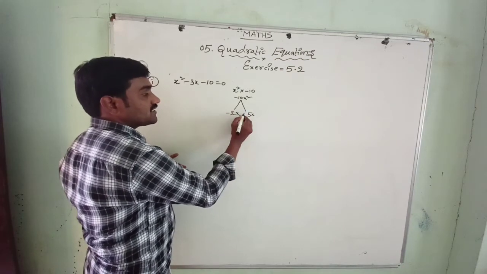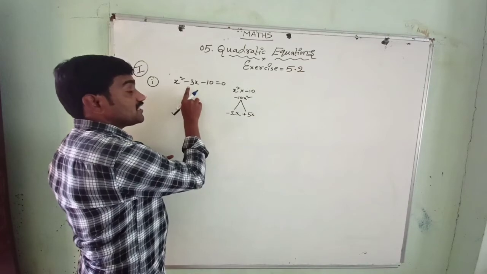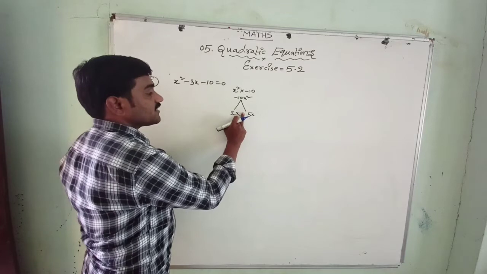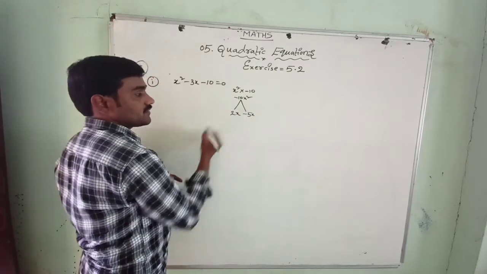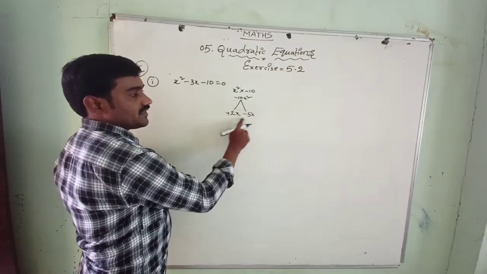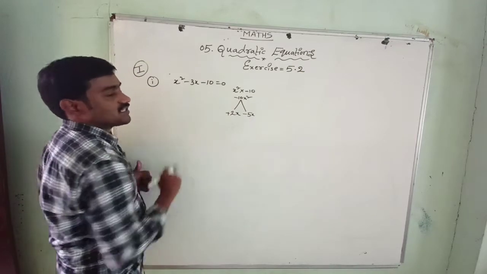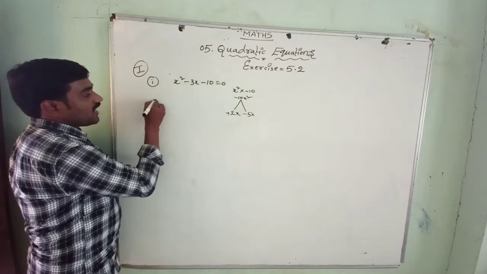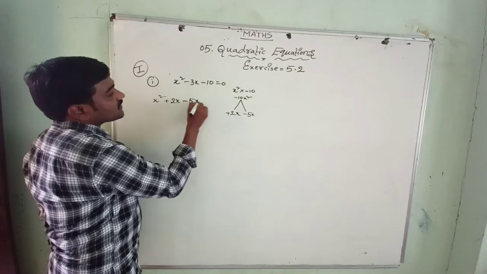So if you keep the minus here, what happens? See, 5x minus 2x gives plus 3x, but the middle term is minus 3x. So exactly we have to get the middle term, and for that we have to keep the minus here, then the plus should be there. Plus into minus is minus, 2 fives are 10, x into x square, and 2x minus 5x is minus 3x. It is balanced. Now we can split the middle term as x square plus 2x minus 5x minus 10